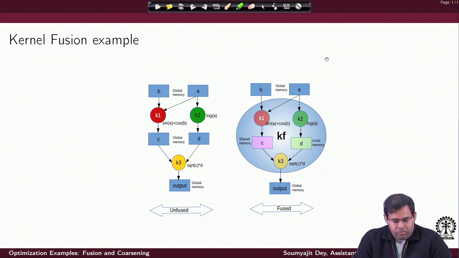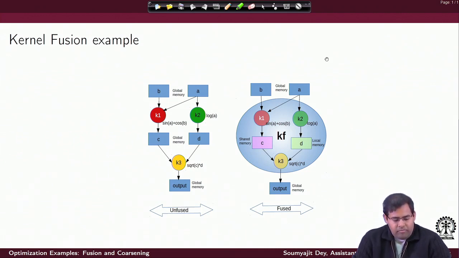In this figure, we are just providing a basic simple example of kernel fusion. We are trying to show that in the global memory we have some data segments labeled B and A. Let us consider that it is a big data chunk sitting in B and similarly in A, and we are considering two kernels K1 and K2. This is more like a task graph, or I would say a DAG, representing the partial order relationships between the operators and the operands. The kernels K1 and K2 are the operators, operating on the data operands.